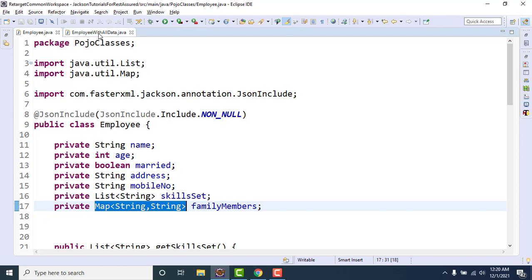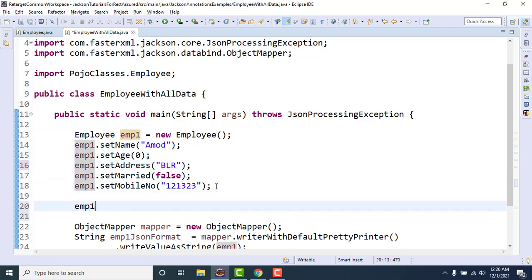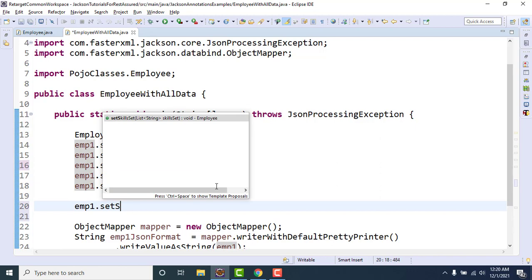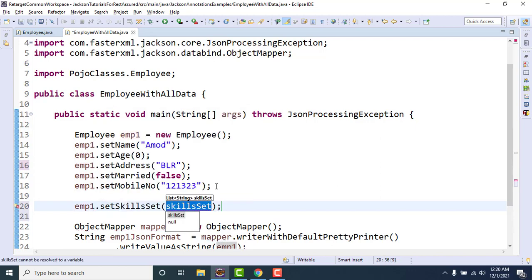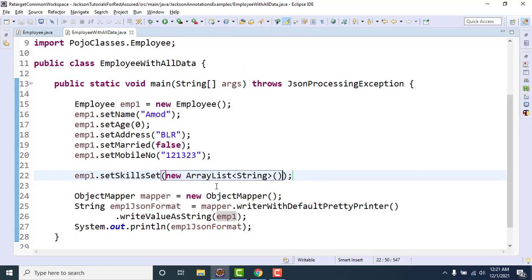But what happens sometimes, let me uncomment this. I'm going to add an empty set skill set, which is taking a list, right? Instead of adding some real skills, simply I will add one empty collection, meaning a new ArrayList. Simply an anonymous collection object I added here.